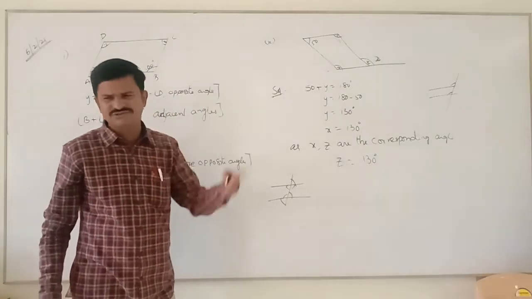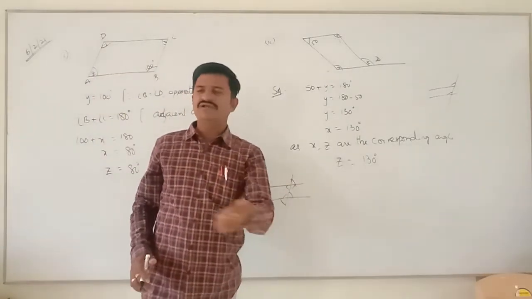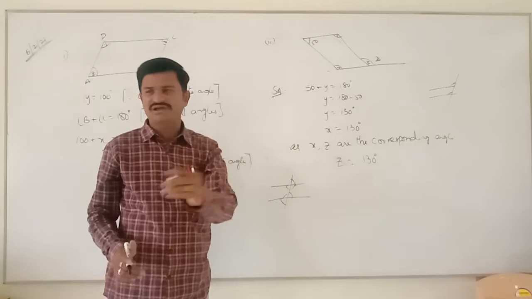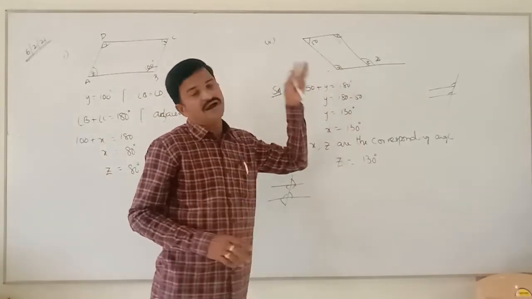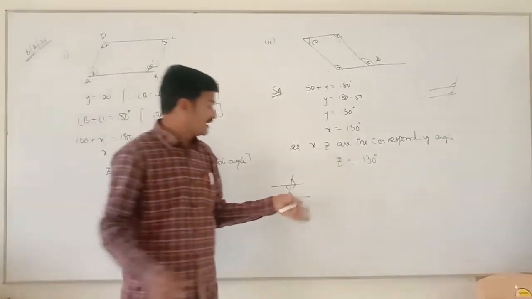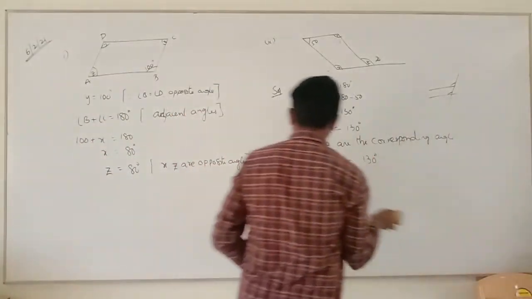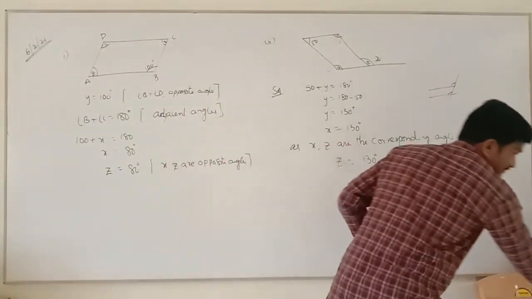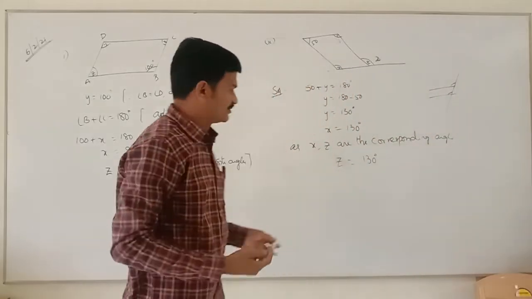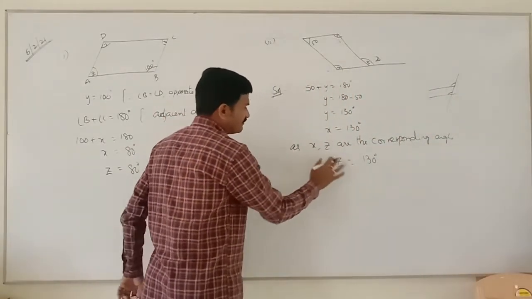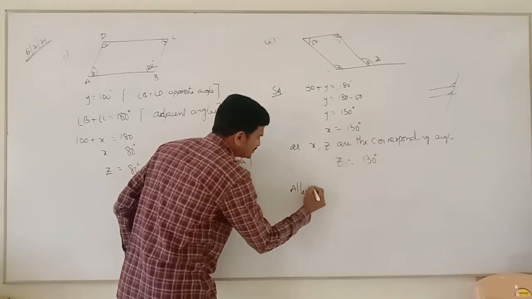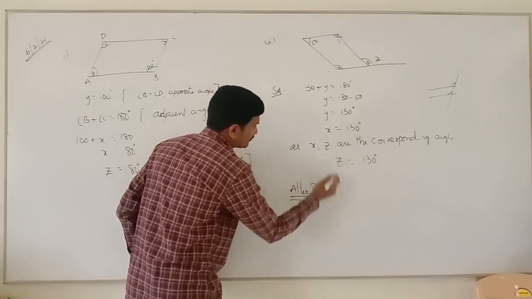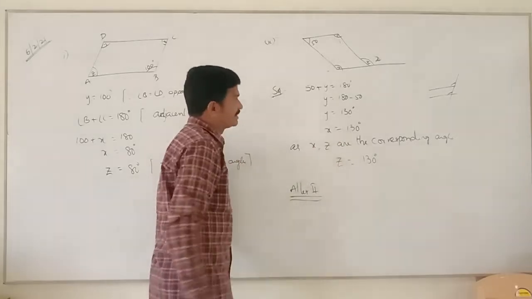These are the properties you have to read. If you forgot, then open the 7th class textbook and refer to it somewhere. Are you clear? So based on that property, and another way also, we can find the value of Z. Another way also. For suppose, this is not for finding Z. I am telling alter 2, alter 2 means method 2. It is the first method, corresponding angles, leave it directly.